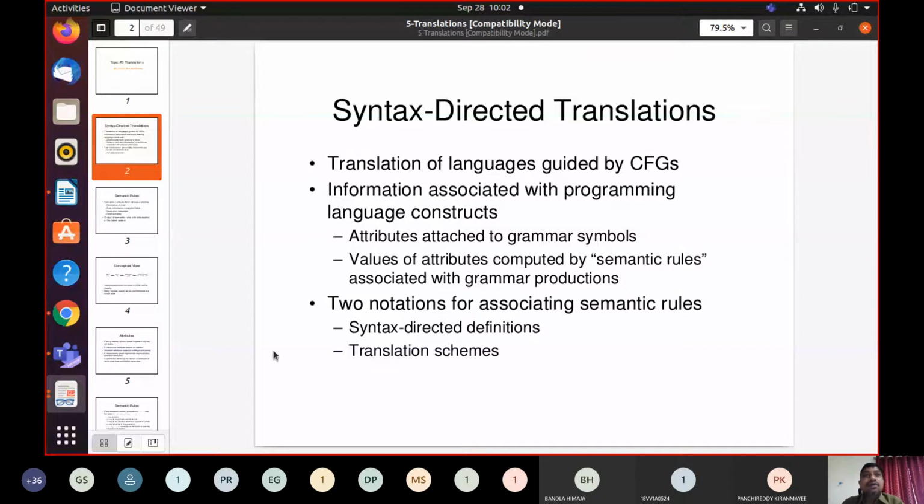If x.type is float, we can say x is of type float. So that semantic information is embedded in the parse tree construct itself. After the semantic analysis, we'll get an annotated parse tree. This annotated parse tree will help us find out the semantics of the programming language constructs, statements, sentences or instructions that are written in the source code, right?